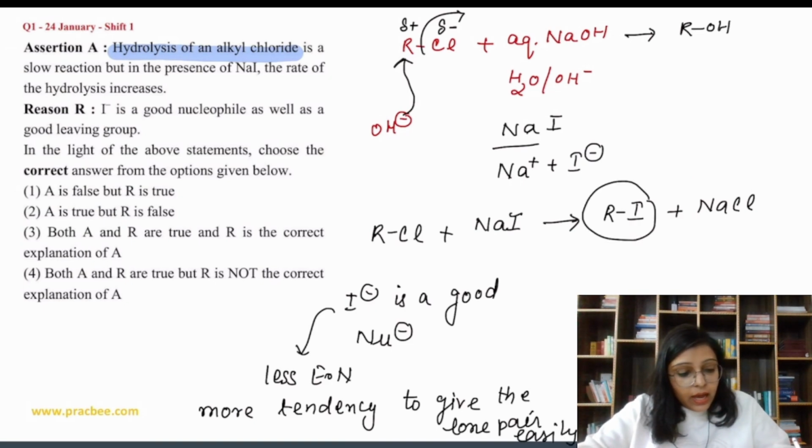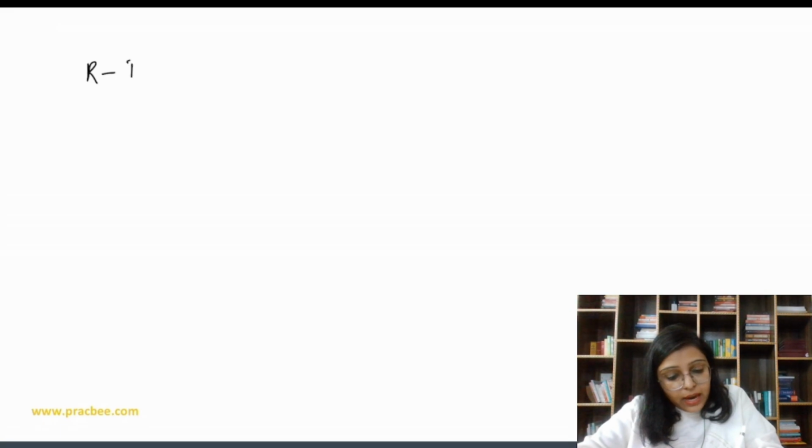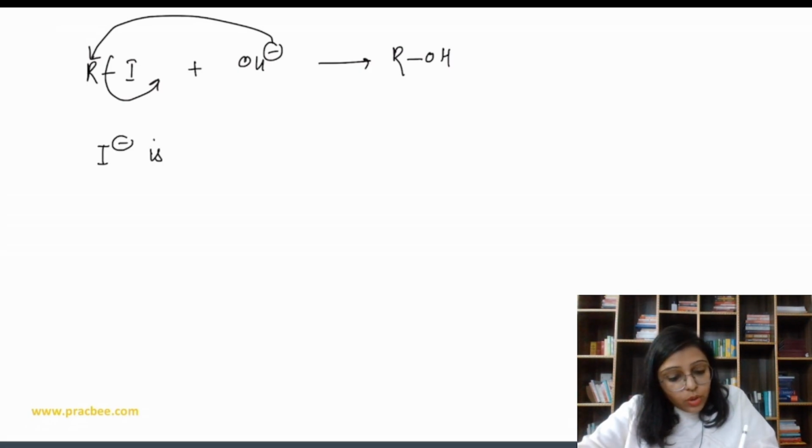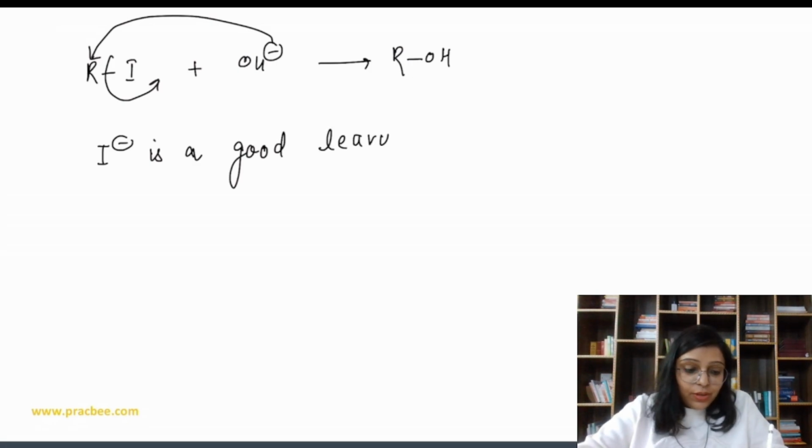We get RI. Now if we have RI and OH minus wants to attack on this R position and I should leave, so we get ROH, right? ROH. So the point is that I minus is a good leaving group also. It's a good leaving group also. Why is it a good leaving group? So see,